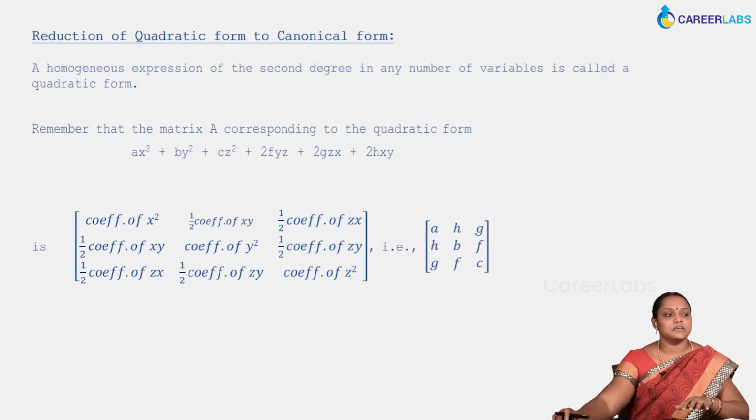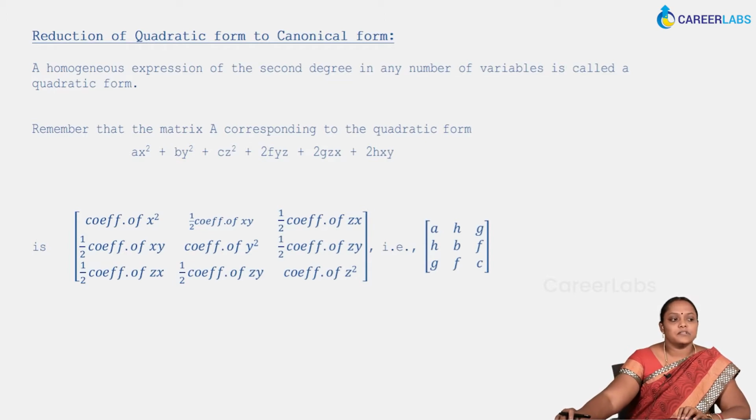So, a homogeneous expression of the second degree in any number of variables is called a quadratic form. And any quadratic form equation is nothing but ax square plus by square plus cz square plus 2fyz plus 2gzx plus 2hxy. So, using this arrangement you can easily arrange the coefficients in order to get the matrix